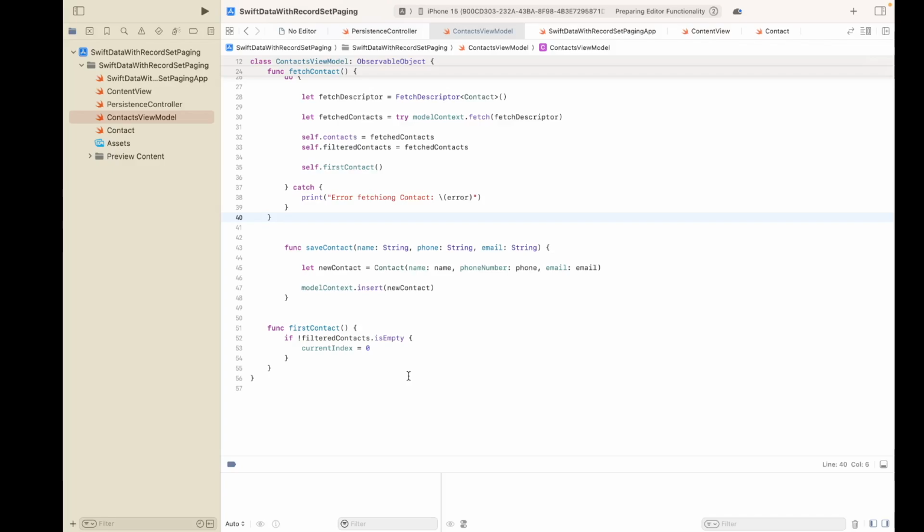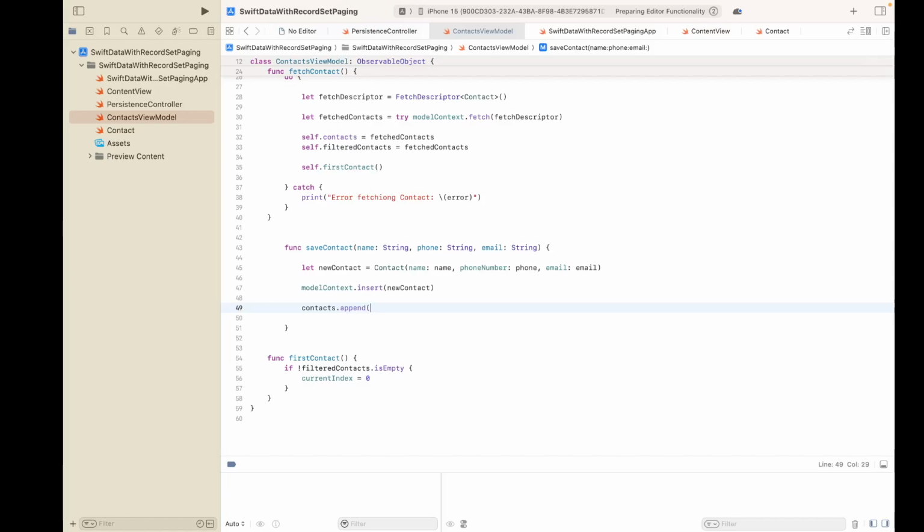The next thing we need to do is to add the new contact to the in-memory contacts array. contacts.append(newContact). filteredContacts.append(newContact). We also add it